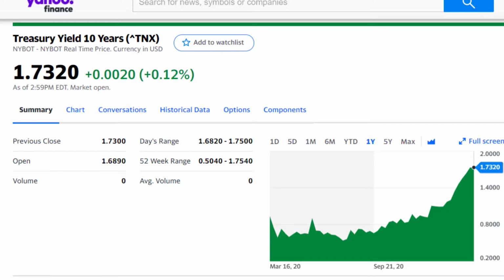So up on the screen here, I have the 10-year Treasury yield, and I'm just looking at a one-year chart, and it is currently sitting at 1.732%. And if you go back to the July and August timeframe, you can see that the yield was substantially lower at 0.536. So we've seen more than a 3x increase just in the last roughly 6 months or so. And even though mortgage rates do not follow it exactly, mortgage rates certainly aren't 3 times higher than they were 6 months ago, it did lead towards those rising rates. We've seen the mortgage rates move from maybe the mid 2s to kind of like the low to mid